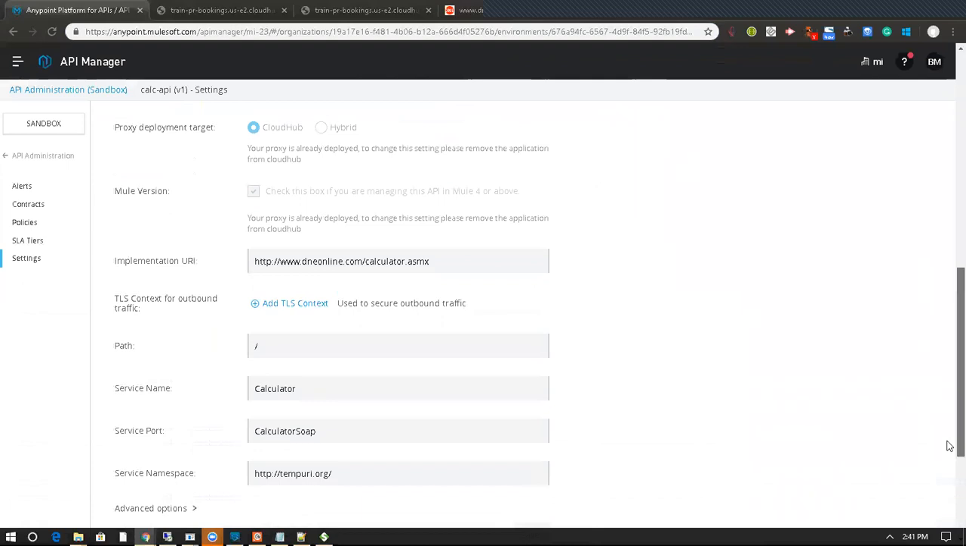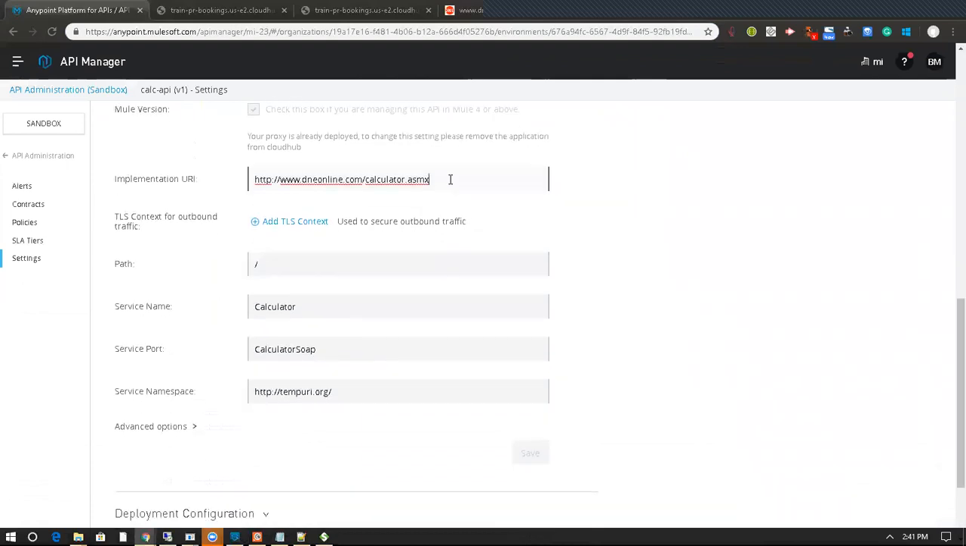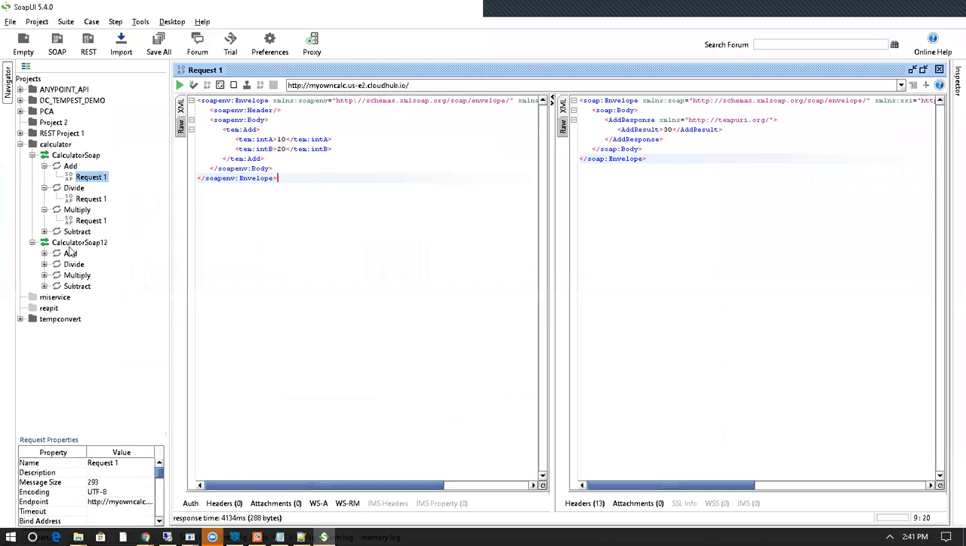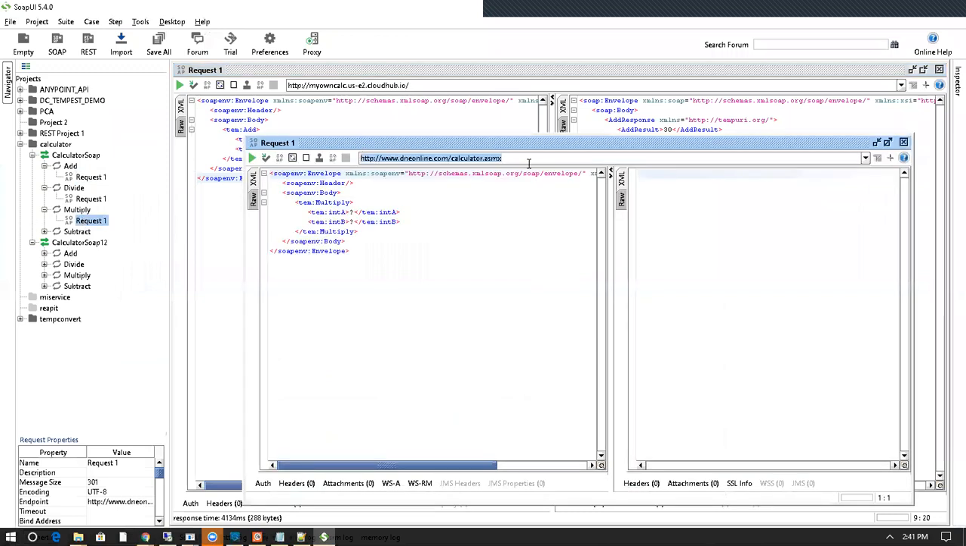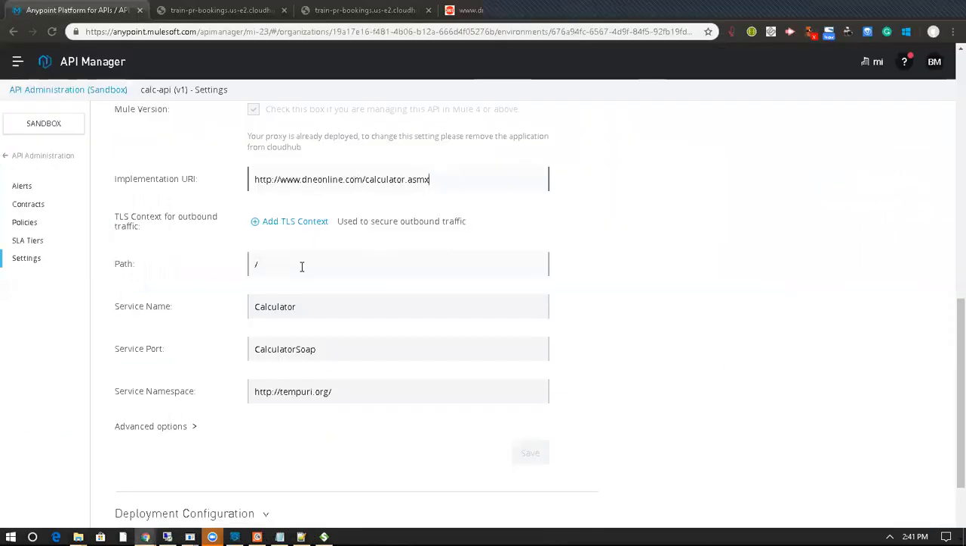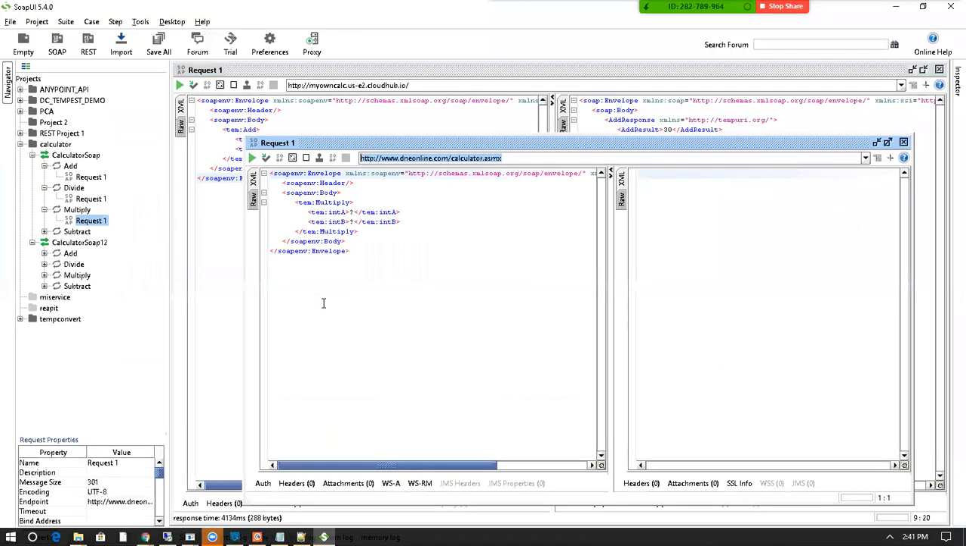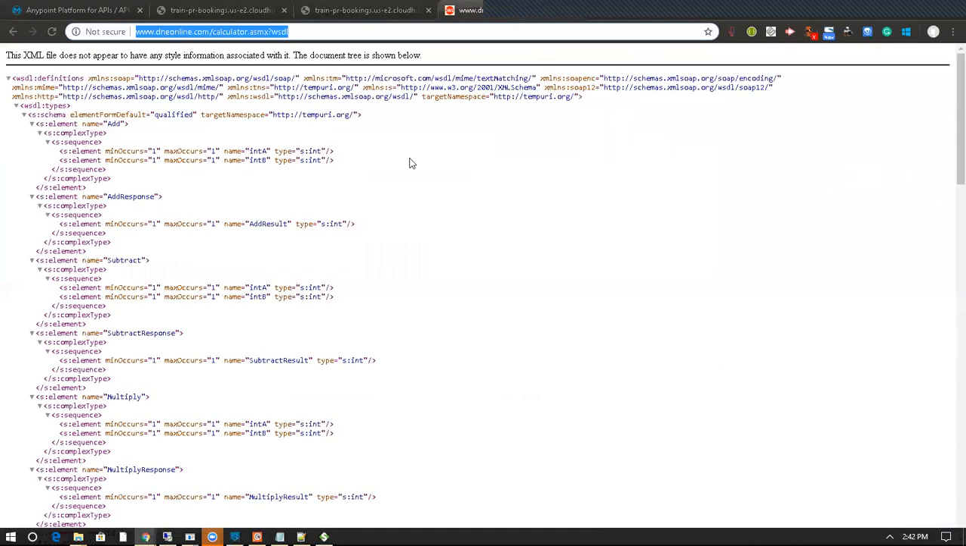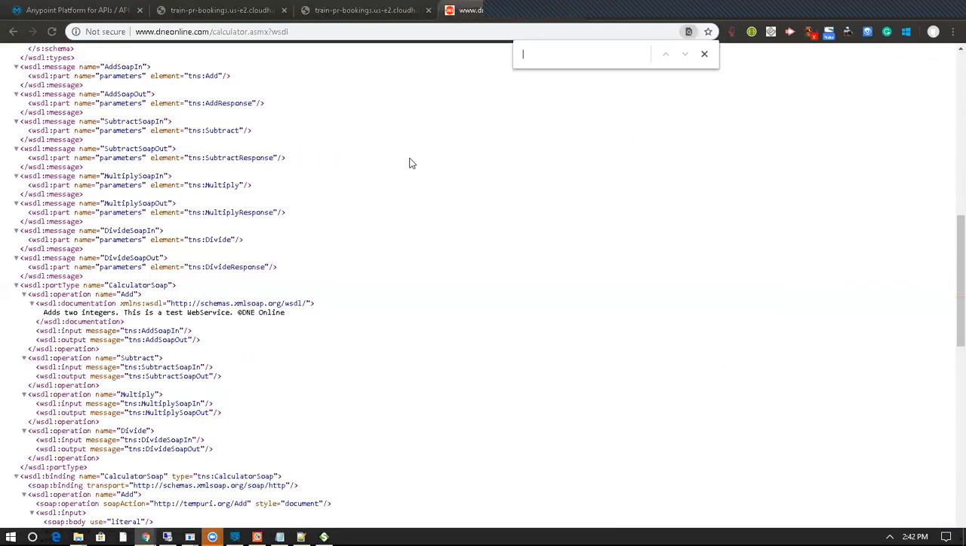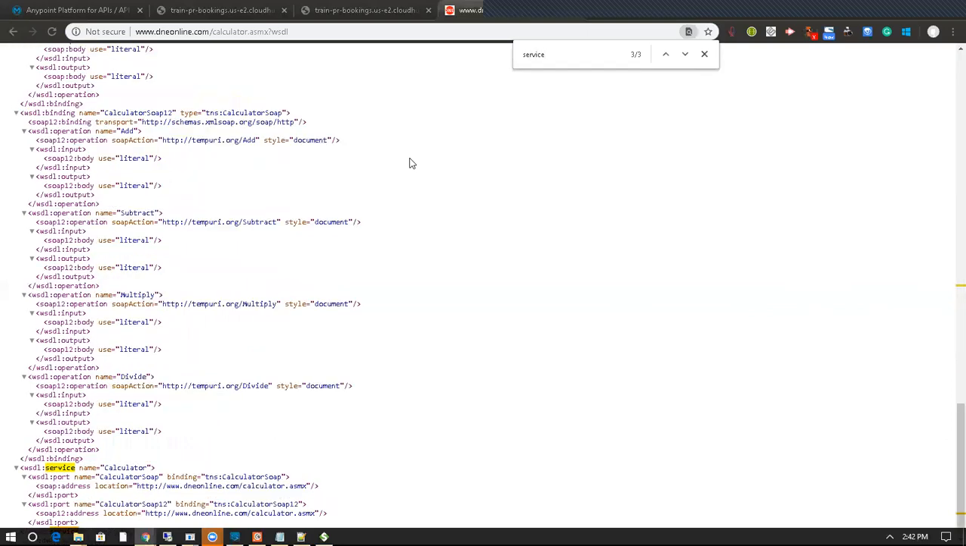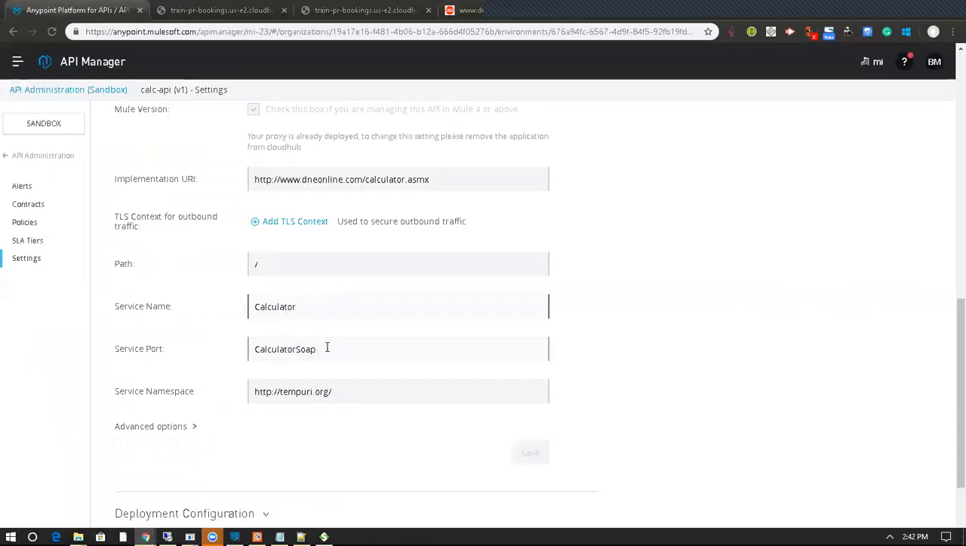Here I have filled this in like this. This is my implementation URI, which is coming straight from here, and this is my proxy path that I have left empty. The service name, you can find it from here, in the service section inside your wsdl. It is giving my name as calculator, so I have filled this one in here. My service port would be,